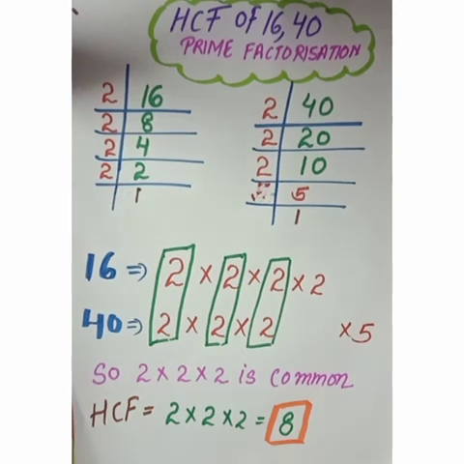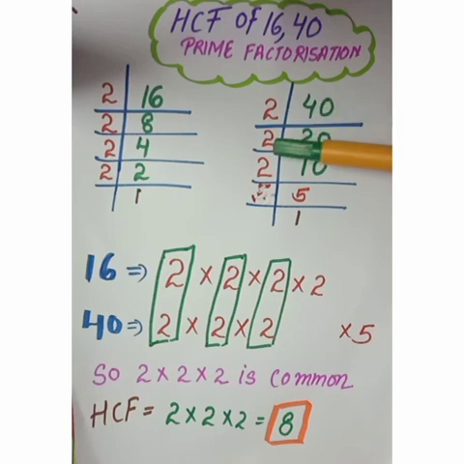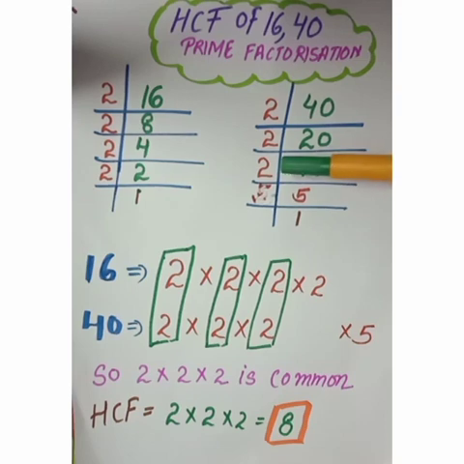Now next is number 40. In the number 40, we divide by the smallest prime number, that is number 2. We divide 40 by 2, we got 20. 20 divided by 2 again, that is 10. 10 is again divisible by the smallest prime number 2. So we got 5 here. Now 5 is divisible by 5 only. So we divide this by 5 and we got 1 at the end. So we'll stop over here.